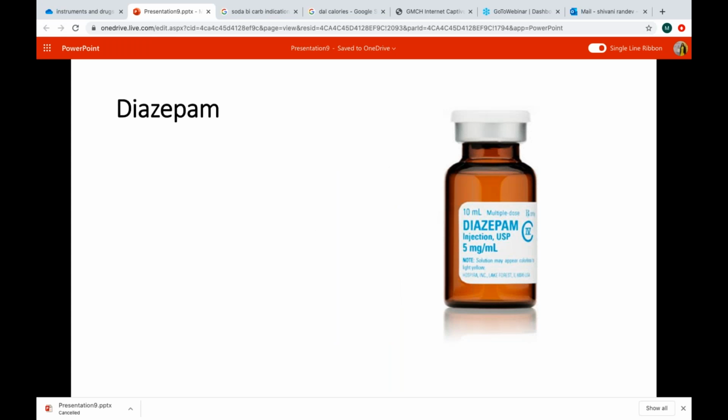So now coming to these benzodiazepines. We have diazepam. What are the indications of using diazepam? See, you already know all this. There's nothing new I'm teaching you. I'm just showing you the bottles. Bottles which are closed and you have to break the glass top are called ampoules, and the bottles which are closed by a rubber stopper are called vials. These are the two forms in which the bottles may be present.